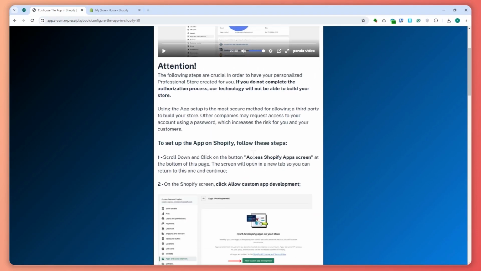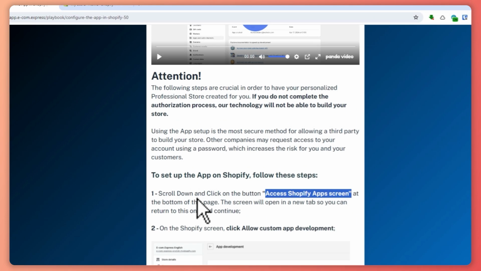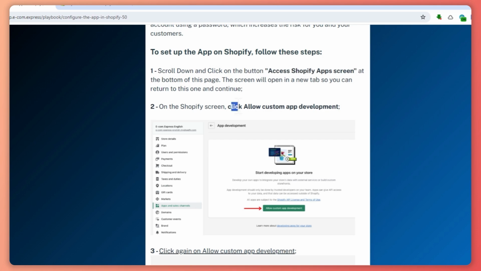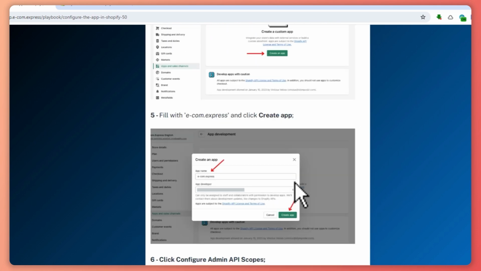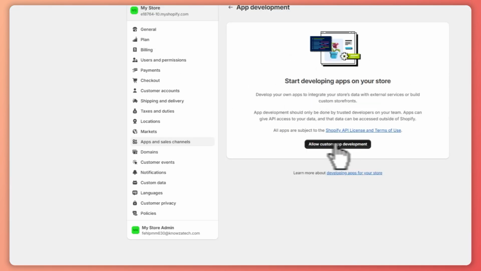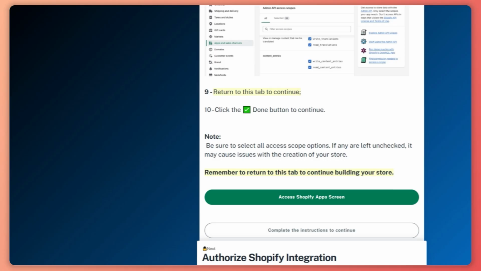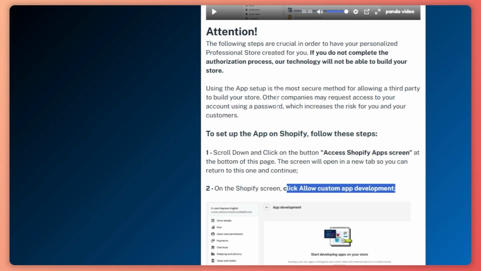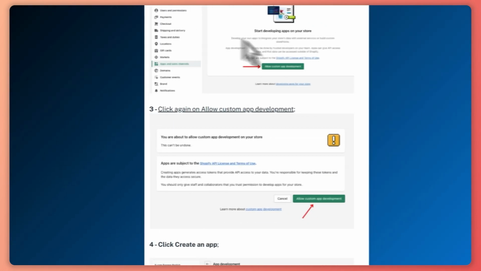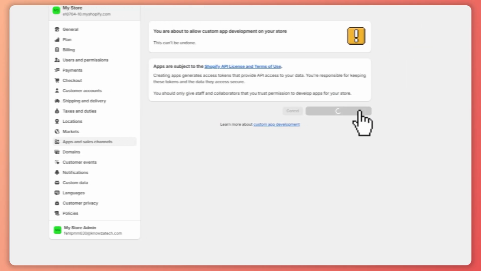So to set up the app on Shopify, you need to scroll down and access the Shopify apps screen and click allow custom app development. So you can scroll down to the bottom and click on access Shopify app screen. Here it is, and click on allow custom app development. And then the next thing is, click on custom app development, click again on allow custom app development. So click here, and then after that,